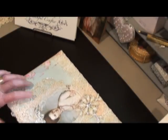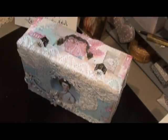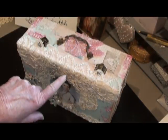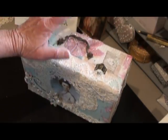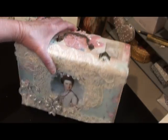I use things like this on my bookshelf to hide things behind it, and then also have storage inside. So again, this was going to hold my vintage